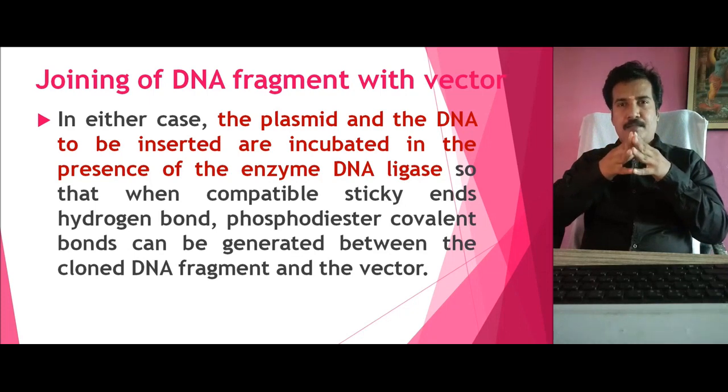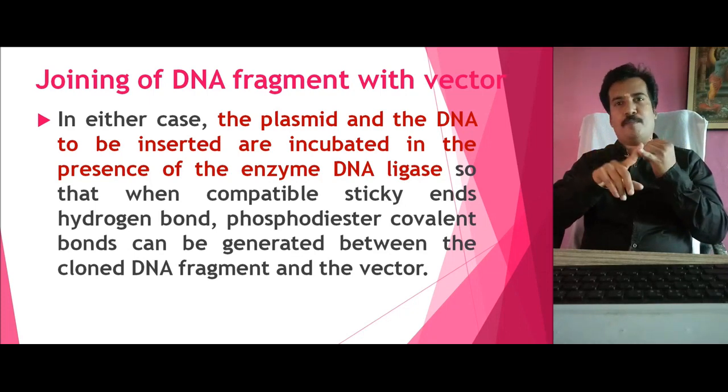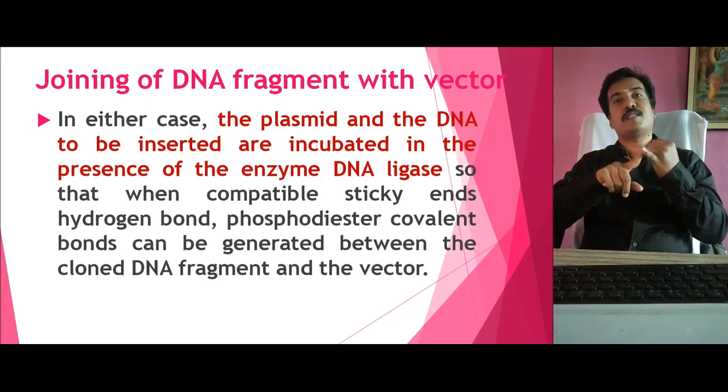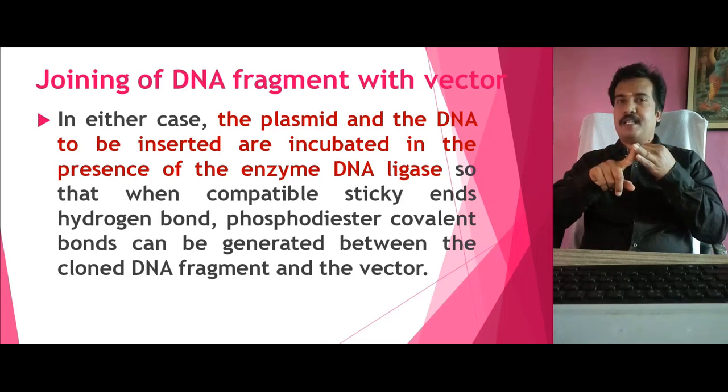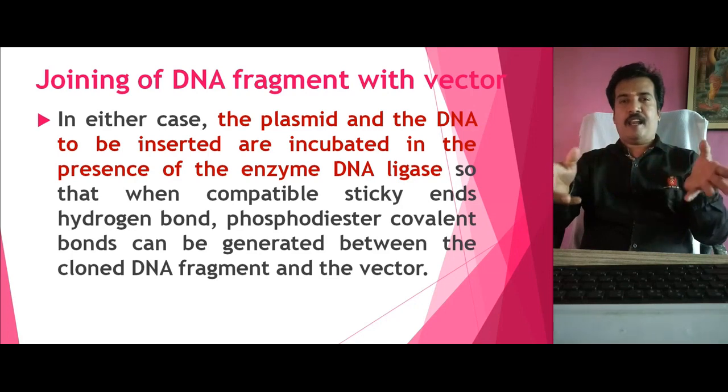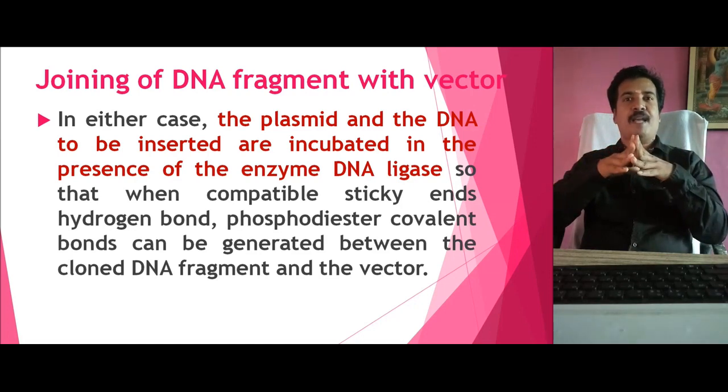Because the plasmid carries the origin of replication, which helps in self-replication, and it also produces maximum copies. Second, it carries a marker region, which means it can be grown selectively in a particular medium, right? And third, it carries multiple cloning sites where the restriction sites are present for the insertion of foreign DNA. Since these three characteristics are present in a plasmid, it is considered a good vector.